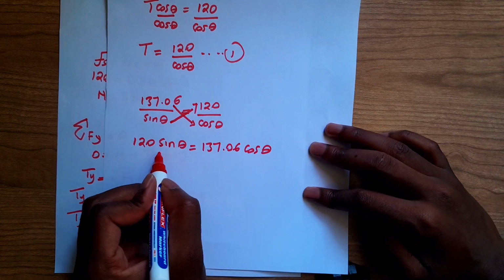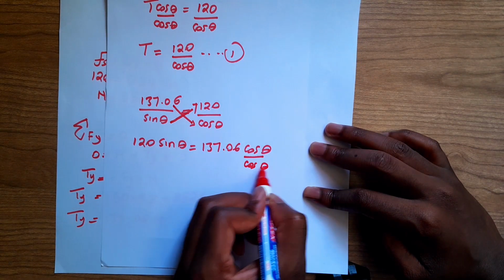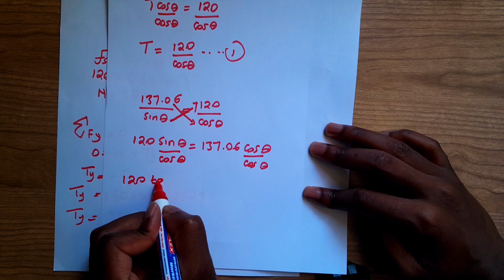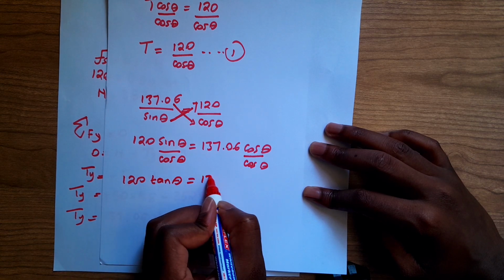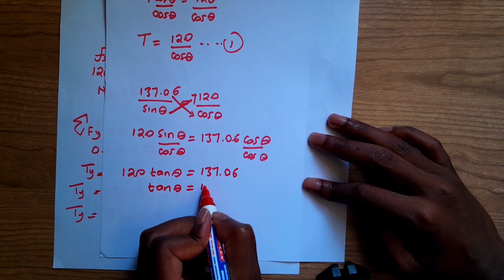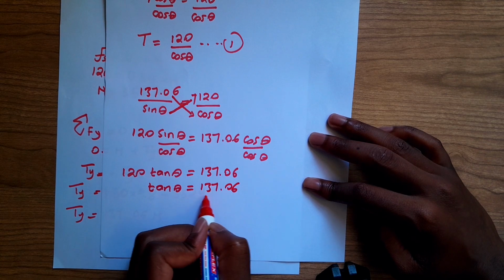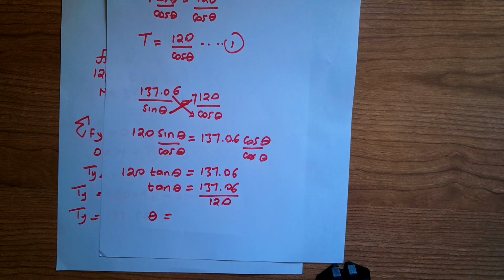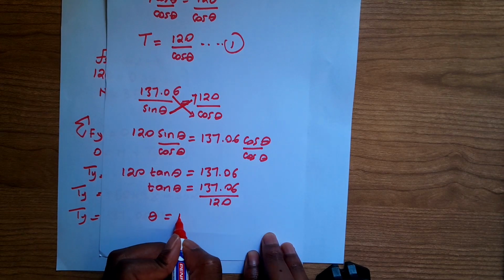If I divide both sides by the cos of theta, I'll have 120 times the tan of theta equals 137.06. And then I'll divide both sides by 120, so I'll have the tan of theta equals this. Now let me find theta using my calculator. I'm going to say the tan of theta is 137.06 divided by 120, and then I get my theta to be